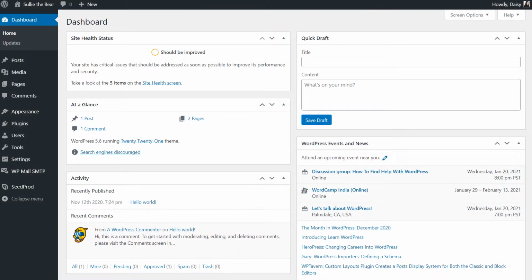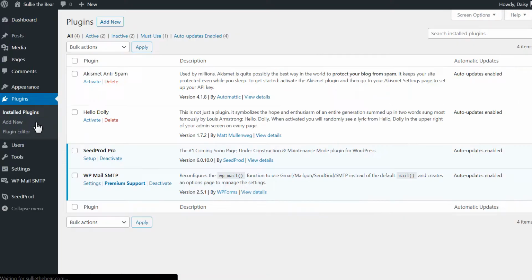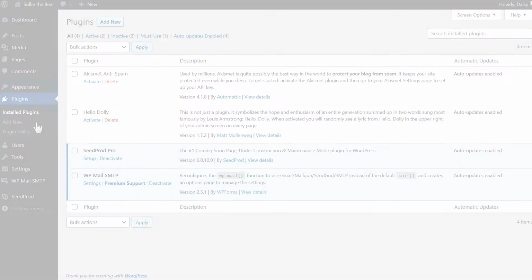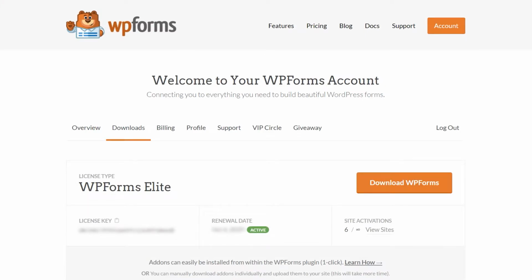After logging into your WordPress site, we'll first go to the Plugins page and install WPForms to your site. If you haven't done so already, you can download the plugin from the Downloads tab in your WPForms account area. If you don't have a WPForms account yet, you can go to